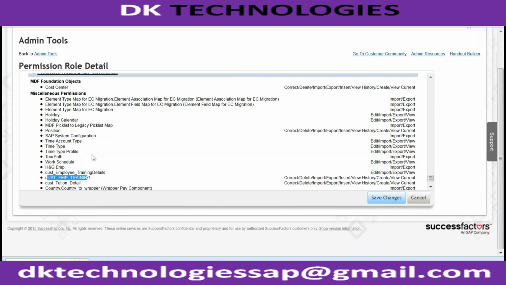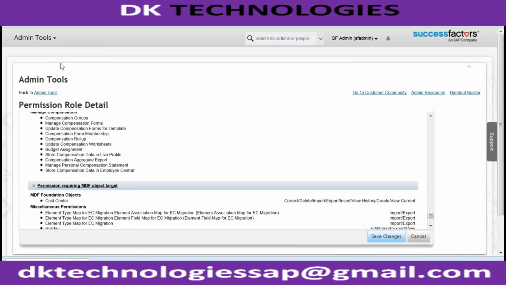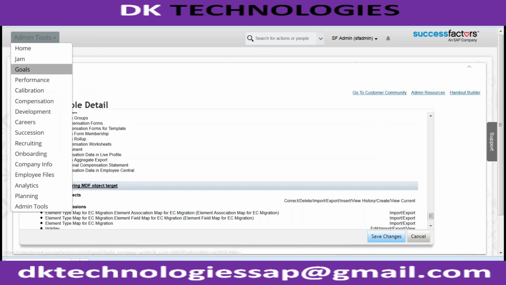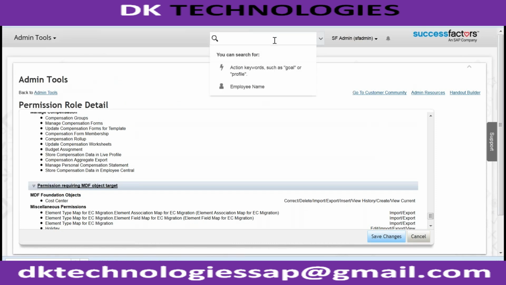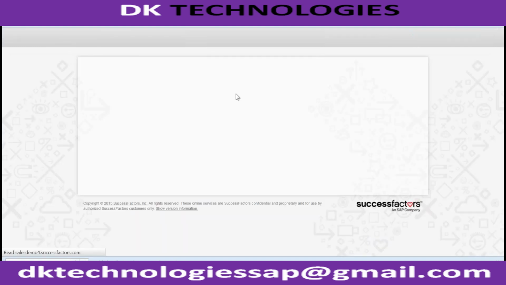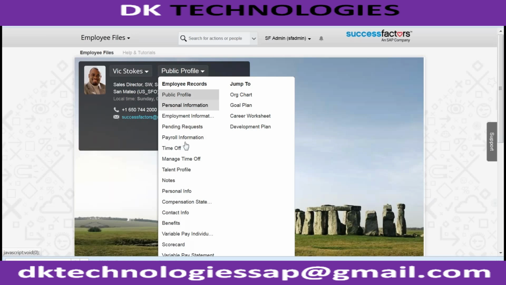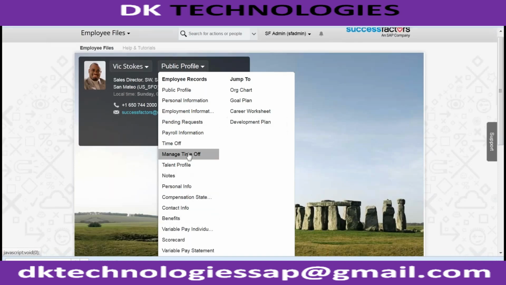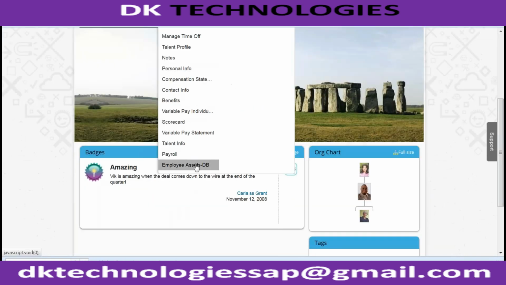Once we add that, you will be able to see that particular view as one more additional view under the employee views, guys. Let me go to any employee. If you go to an employee, these are the employee views, all these things. You are going to hook that particular screen, the custom screen that we built using the custom object definition. You will be able to see that particular view as one of the views here, guys. That is the requirement, guys, but somehow